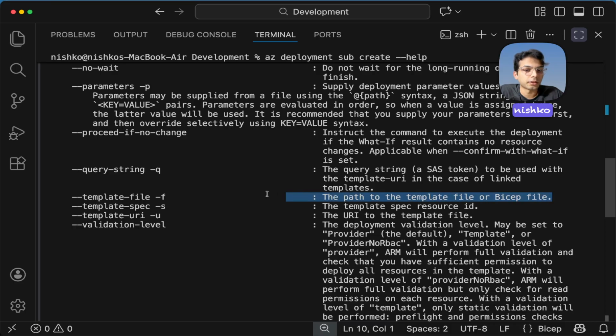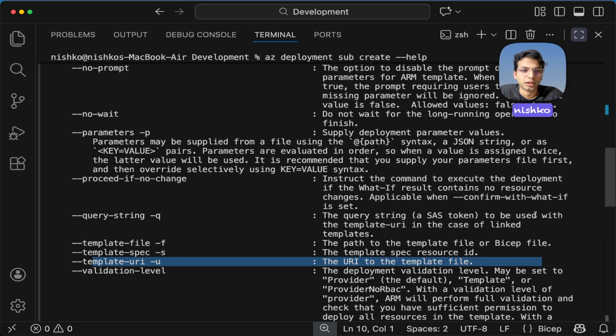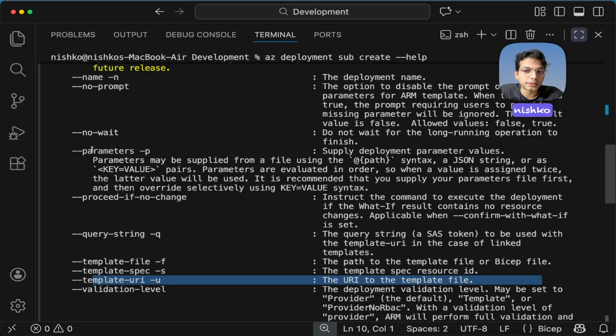for the bicep file that you're trying to deploy. And then there is a template URI, which is not important as well. But since this is a part of the CLI mode, I don't want to go into that. But here you see there is a parameter, and as I explained, whatever properties you want to provide,